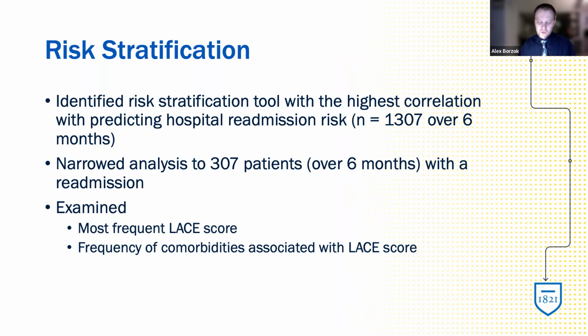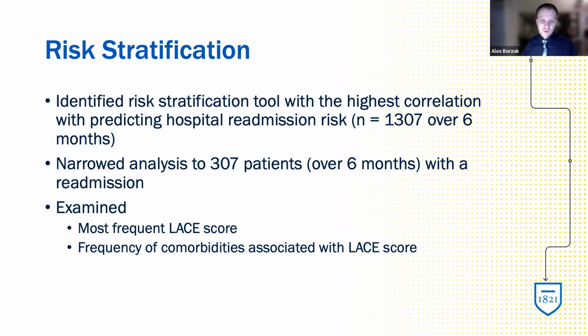And then we compared the LACE score, let me back up a second. The LACE score and CCI score were calculated for all of these 1,307 patients. We did a correlation to see which one had the highest correlation to predicting readmission for these patients. And then once we found out which one it was,